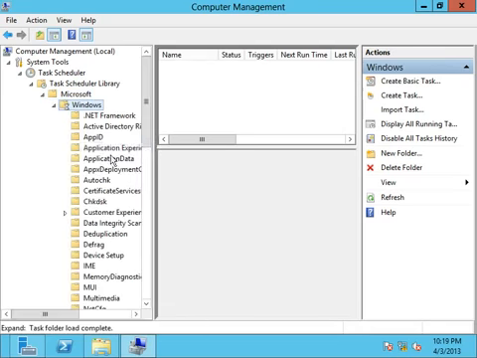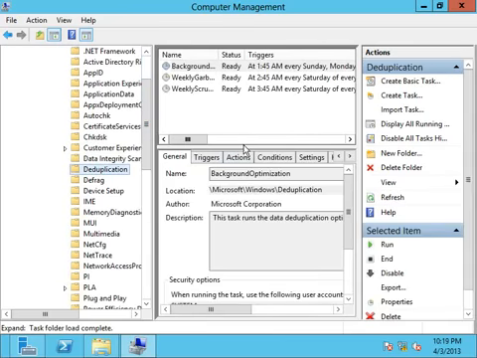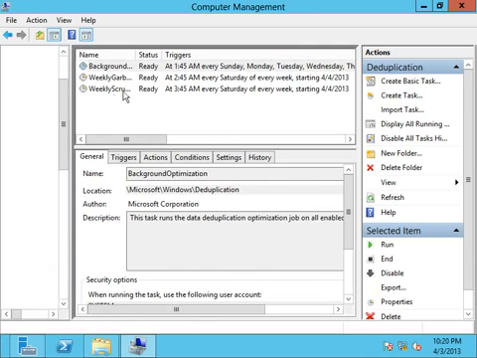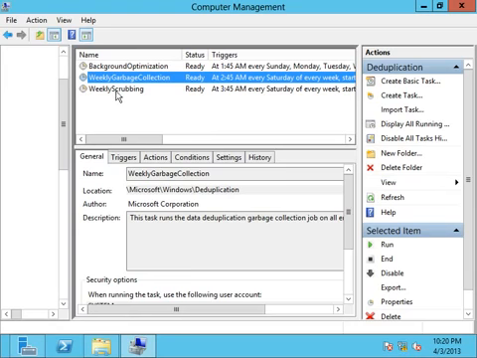But anyway, so we're going to find this little folder called Deduplication. We're going to find that 3 tasks got created. So those are the same things that we saw in the wizards. We've got a couple of things that we can see here: the background optimization, weekly garbage collection, and the weekly